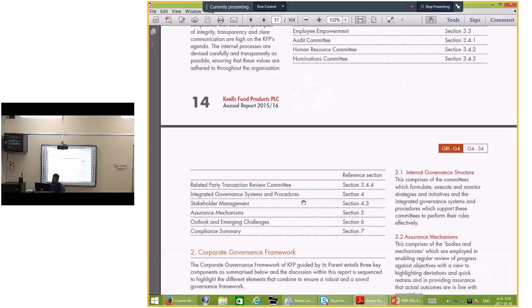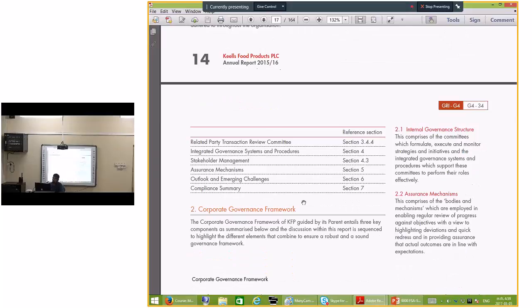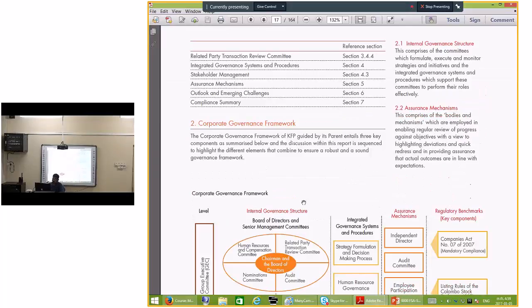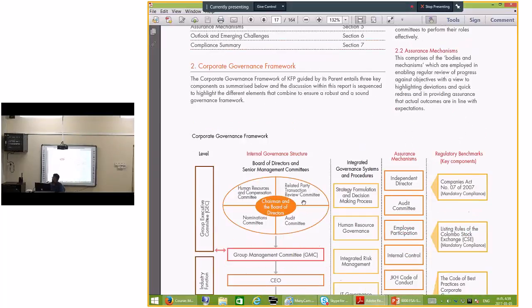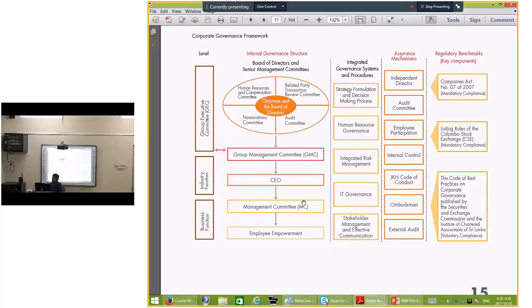In addition to that, number of independent directors, number of non-independent directors, all are given by the financial statement. Here you can see independent directors, audit committee, employee participation, internal control. Then you can see additional details, right? Those are very much important to measure corporate governance and good governance